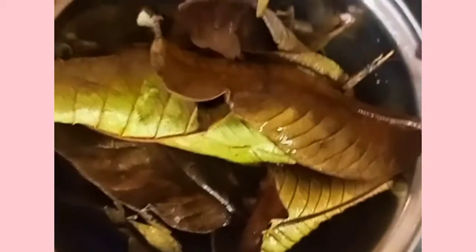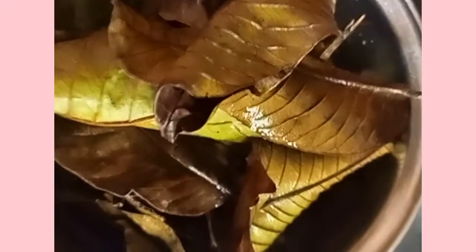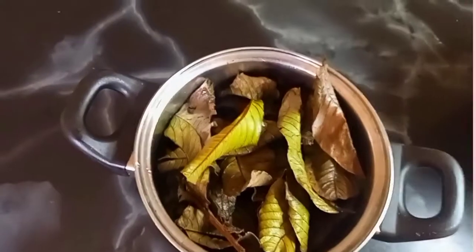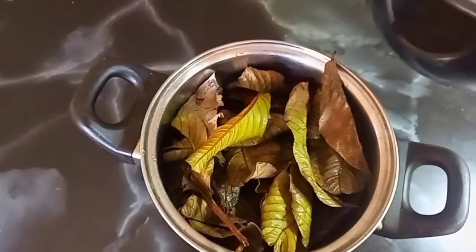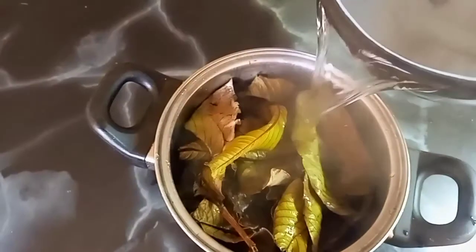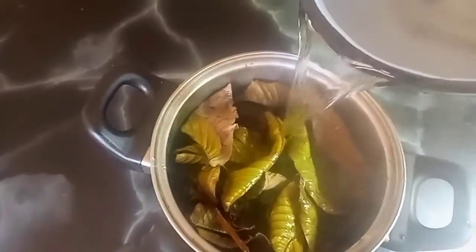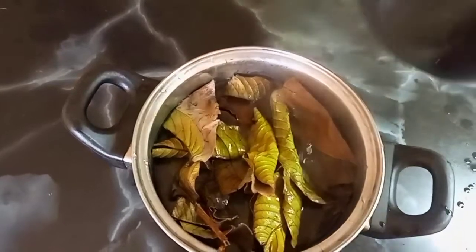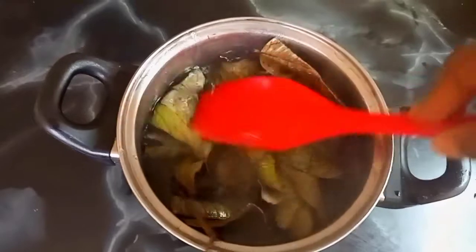So I've gotten 50 grams of dried guava leaves, and then I'm going to pour in hot water, and then we are going to put it on fire. Guava leaves are highly nutritious and beneficial and have been widely used for many benefits in beauty. So the guava leaves benefits for hair are surprising